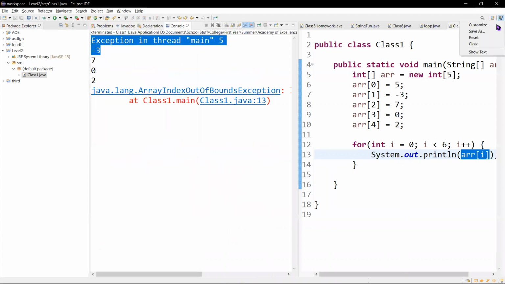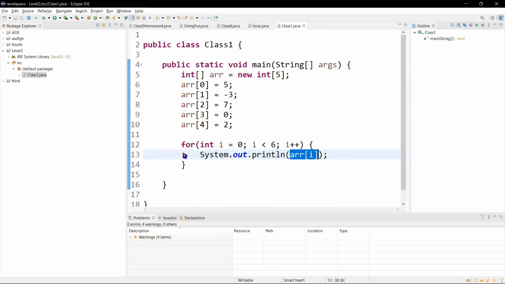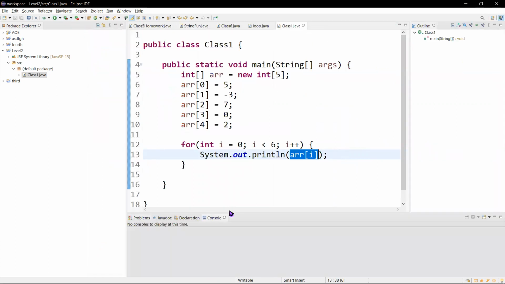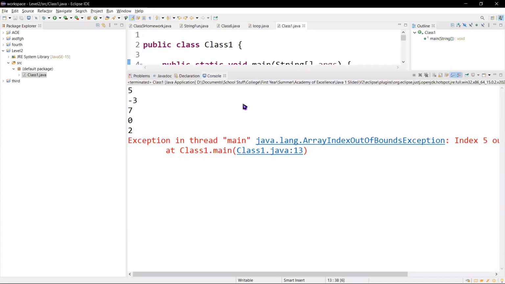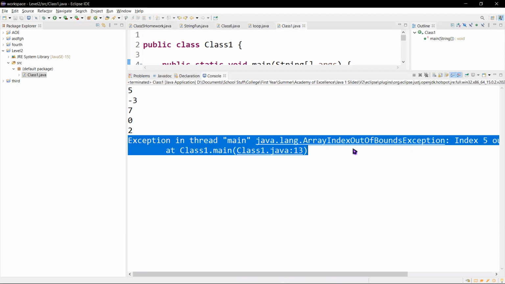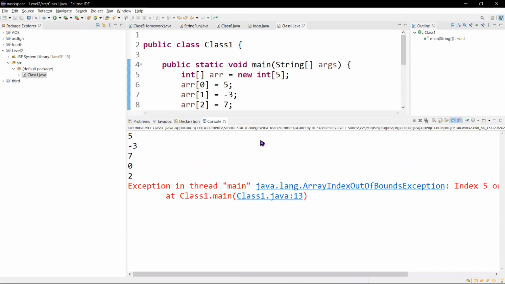Oops, let me reset perspective on this. So it prints it out and then has this exception message, this red text. This is an error. So does anyone have an idea of why this code